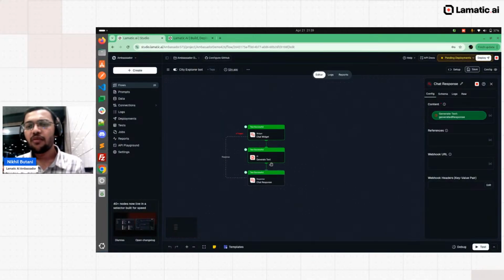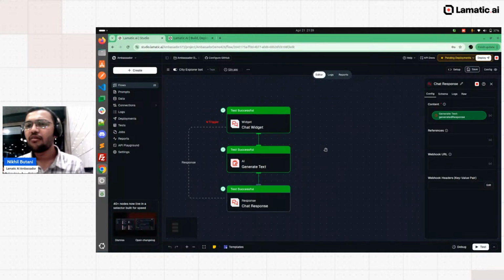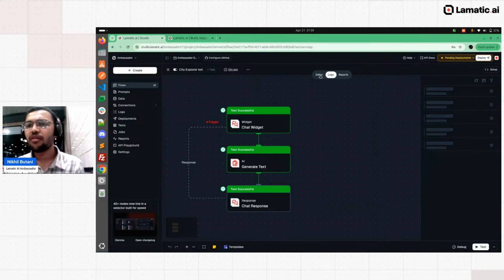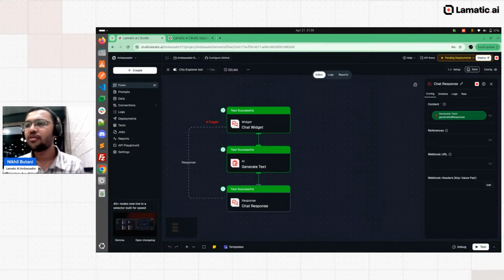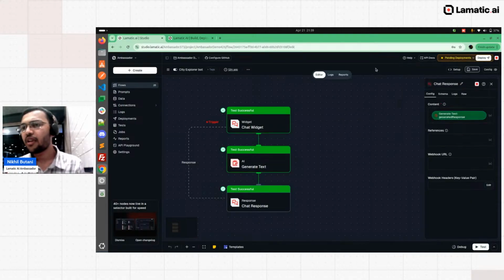But before going forward, you can see our product is ready, right? So now I just want to deploy it. So here you can see there is the icon pending deployment, right? So yeah, there are many flows still pending, but I want to deploy this flow and this product. So you can just click on deploy.